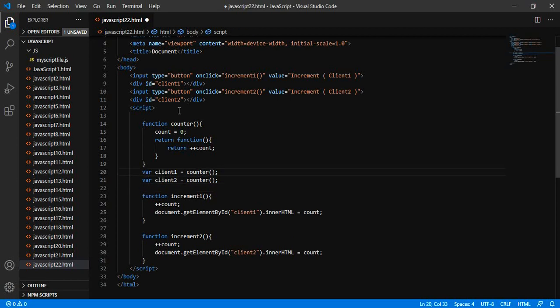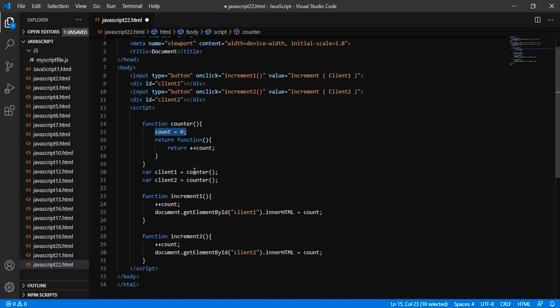So when we say client 1 equals counter, it will go inside this and create a lexical environment, and inside this variable it will assign the count value to be 0 and return this function, which will give you the plus plus of count when you call it.